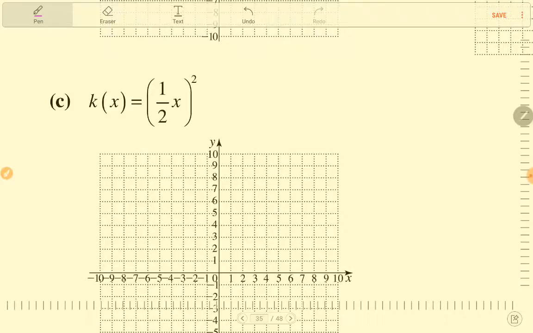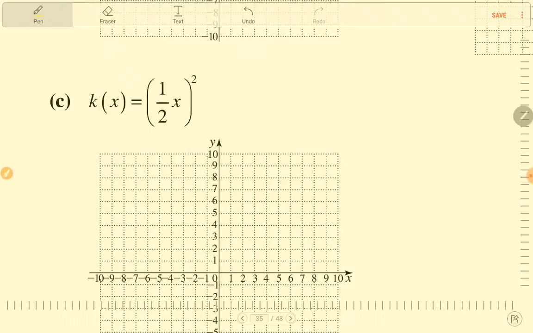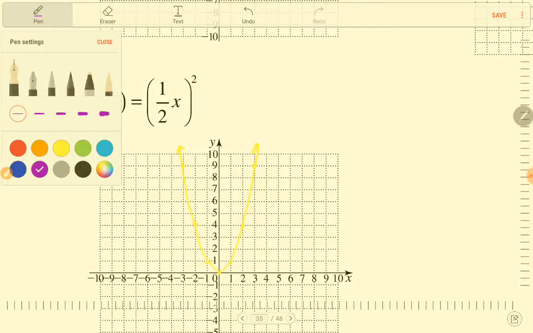All right, so let's see what happens with that. So again, we'll put our parent function on, key points, 2 and 4, 3 and 9, and then symmetrically. Okay, so we'll do our t-table,